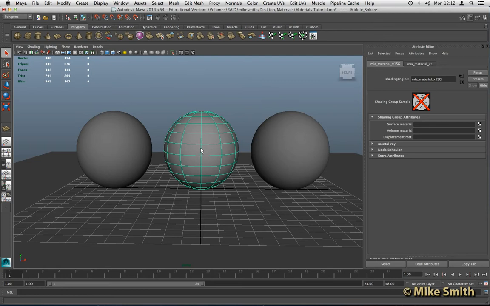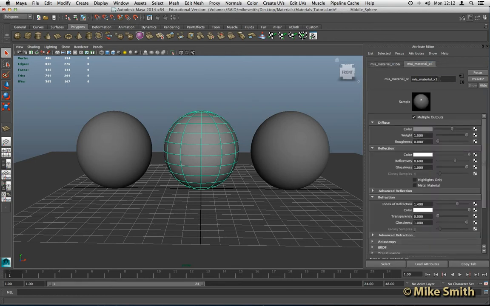So, like I did before, I'll retitle that. So first of all, click on the tab in your attribute editor, Mia Material X1, and I'll call this one bronze. So I want this to be quite a yellowy orange bronze looking material,